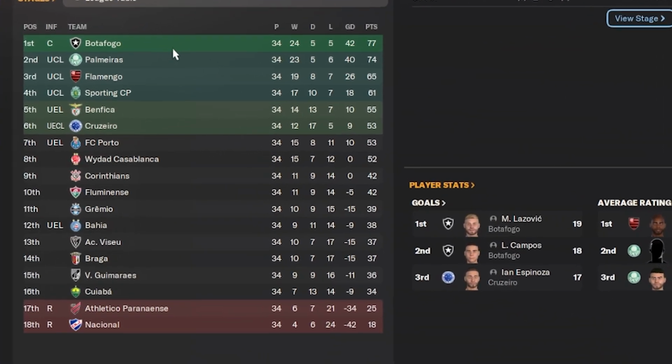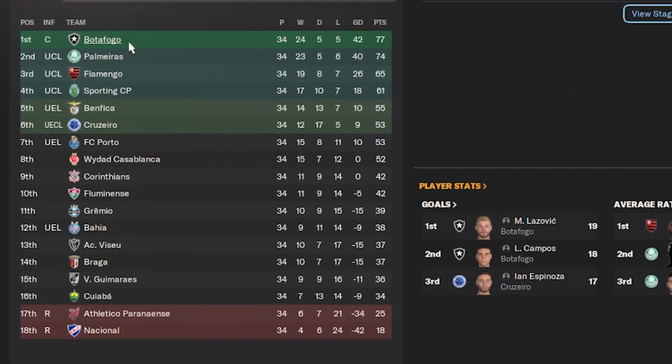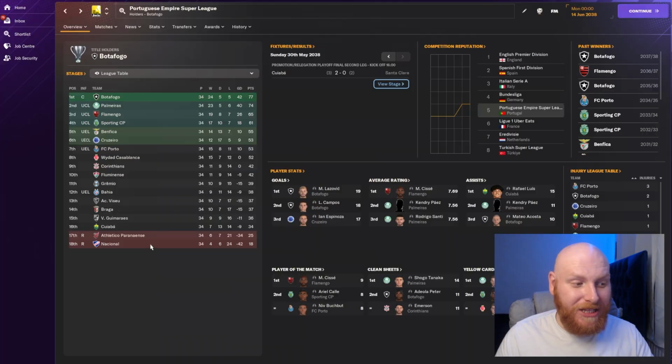The top 3 clubs are all Brazilian. Botafogo finishes champions, Palmeiras in second, and Flamengo in third place, and Sporting Lisbon in 4th. Benfica only making 5th place, and Porto way down in 7th place there, just 1 point above Wydad Casablanca from Morocco. And in terms of relegated clubs, well, Atletico Paranaense from Brazil have been relegated, and Nacional from Uruguay have